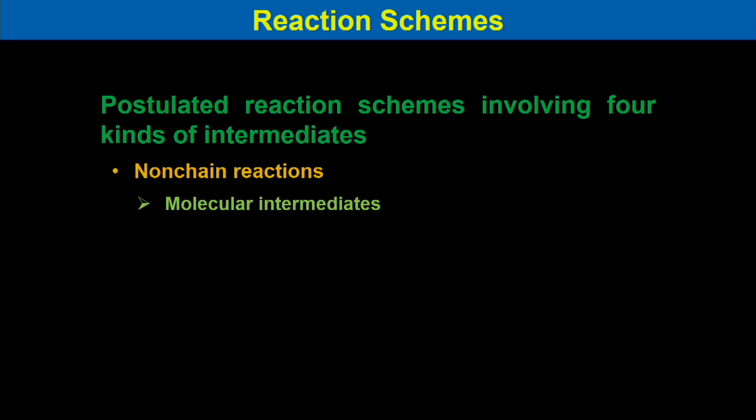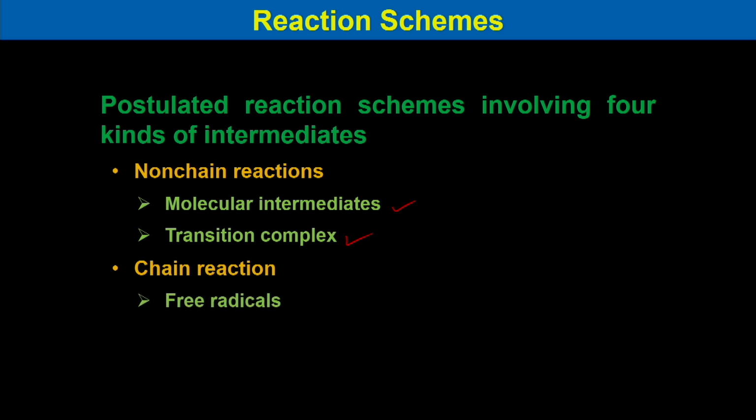Non-chain reactions basically involve molecular intermediates and transition complexes, and chain reactions basically involve free radical reactions. In a non-chain reaction, the intermediate is first formed and then it disappears to give the products, like